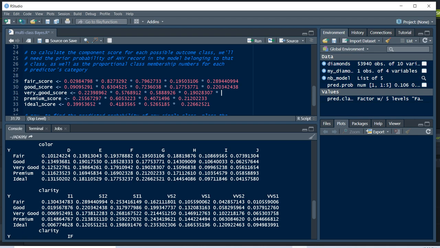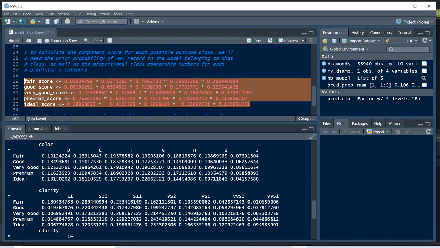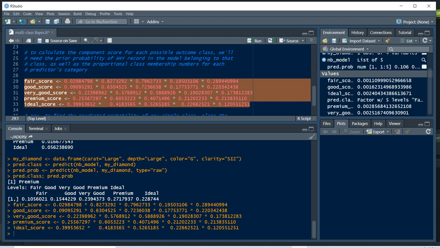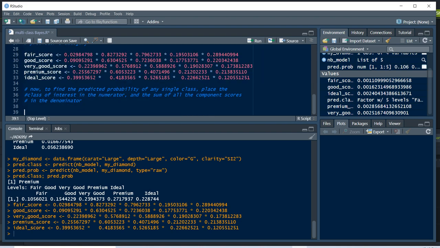Okay, so what I'm going to do is just a couple last things. So that is going to go there. And now I've got a premium for SI2 right there. And then finally, ideal. Okay, all right, so I'm going to just run all of that. And now all of those variables are instantiated. Now, that was probably the hardest or the most tedious or the most painful part of the exercise, because now we can actually find